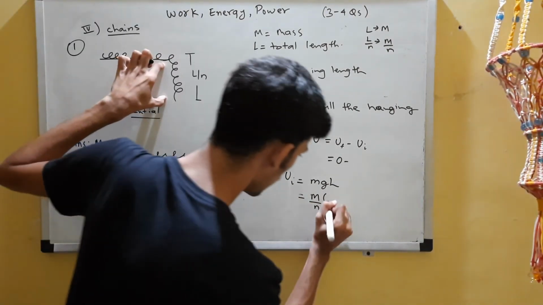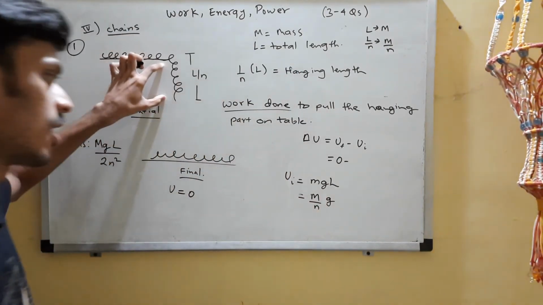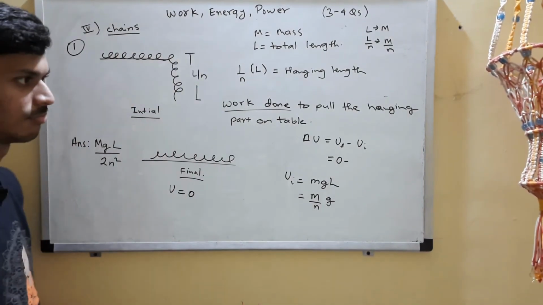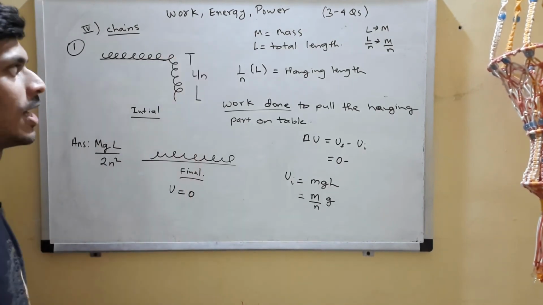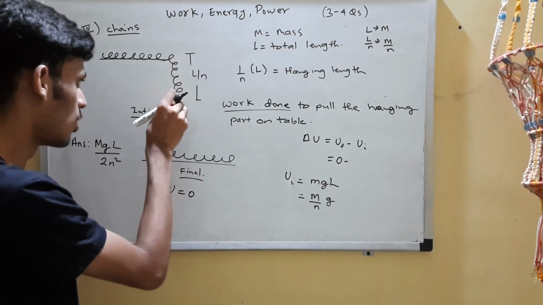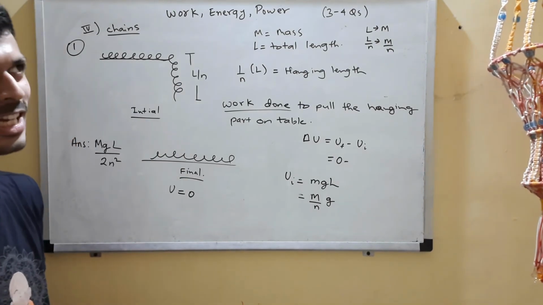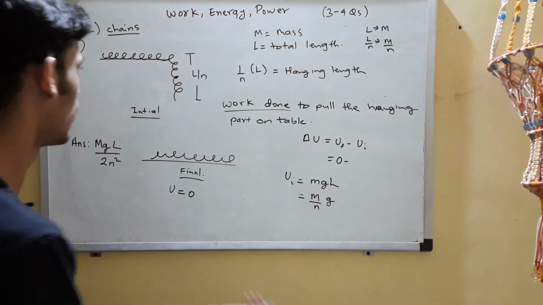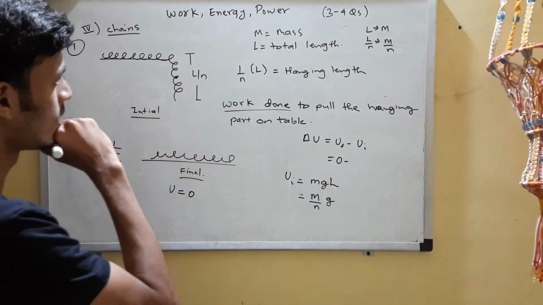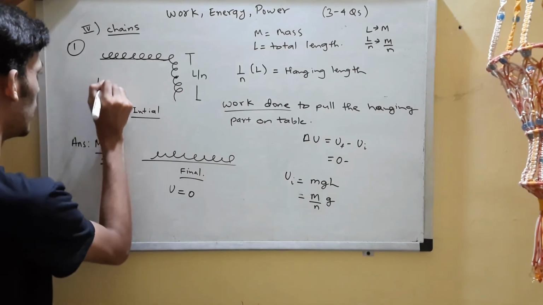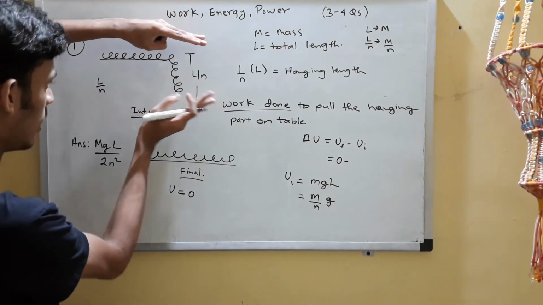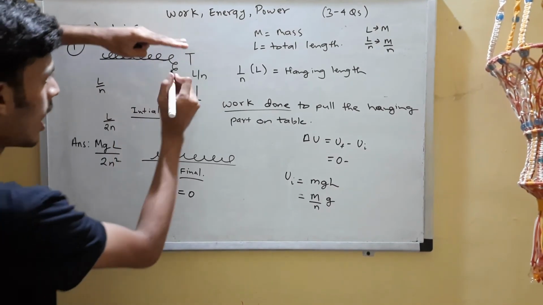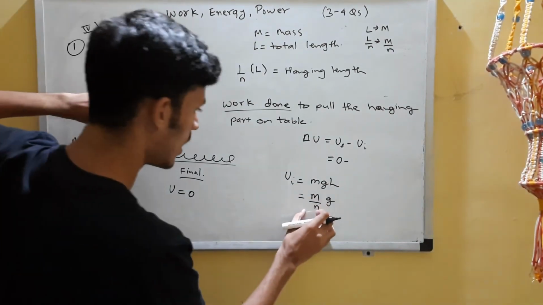g is as it is, that is acceleration due to gravity. And what is the h? If you see what is the h over here, the chain is spread throughout, right? It's not that mass is concentrated at this point. Actually it is concentrated at the center of gravity, the center of mass. So where is the center of mass over here? It's at half the length. The hanging length is L by n. What will be the half of this? L by 2n, right? You just divide this by half, and here you can consider that this entire mass is